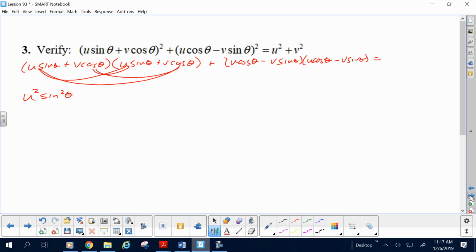Then 2u sine, you're almost there, but you're wrong. Try again. U, v, sine, cosine. How many of them? 2. So 2, u, v,